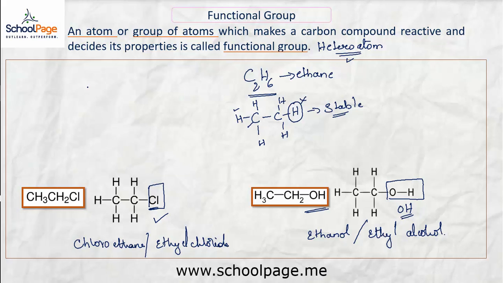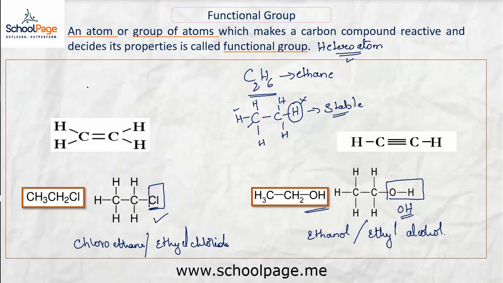Functional groups need not always be atoms or groups of atoms. They can also be double bonds or triple bonds. Yes, you heard it right. Even a double bond or a triple bond acts like a functional group as it confers its own properties to the compound. Identification of the functional group or the heteroatom helps us in predicting the properties of that particular compound. For example, when an OH group is present in a compound, it means that the compound is soluble in water. The OH group increases the solubility of the compound in water.